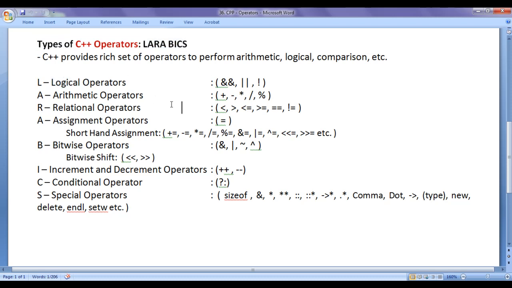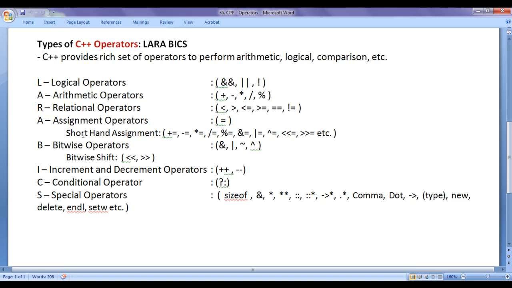L for logical operators, A for arithmetic operators, R for relational operators, A for assignment operators, B for bitwise operators, I for increment and decrement operators, C for conditional operator, and S for special operators.